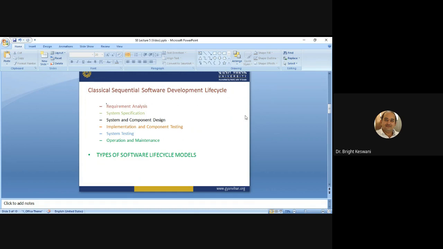Okay, what are the outcomes of this phase? Why is this phase important? This phase provides several outcomes. The first outcome of this phase is program code of the system component. Second is logs of the component test, and thirdly, physical data model. So if you get the physical data model, you should implement, and unit test should be performed. Then if you want program code of the system component, you should implement the system, and logs of the component test are the outcome of this phase.